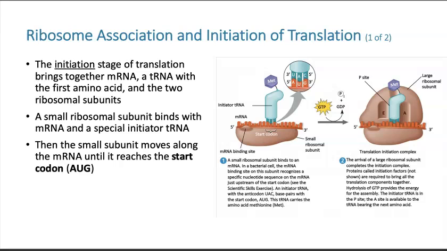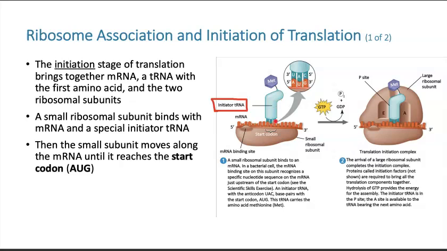So the initiation stage of translation happens when we basically build this ribosome and the RNAs all together. But it does happen in separate stages, so even the initiation stage is complicated in translation. So the initiation stage gets 3 sub-stages. The first part is where the small ribosomal subunit binds onto the messenger RNA, and the initiator tRNA, and you can see that term right there, the initiator tRNA,